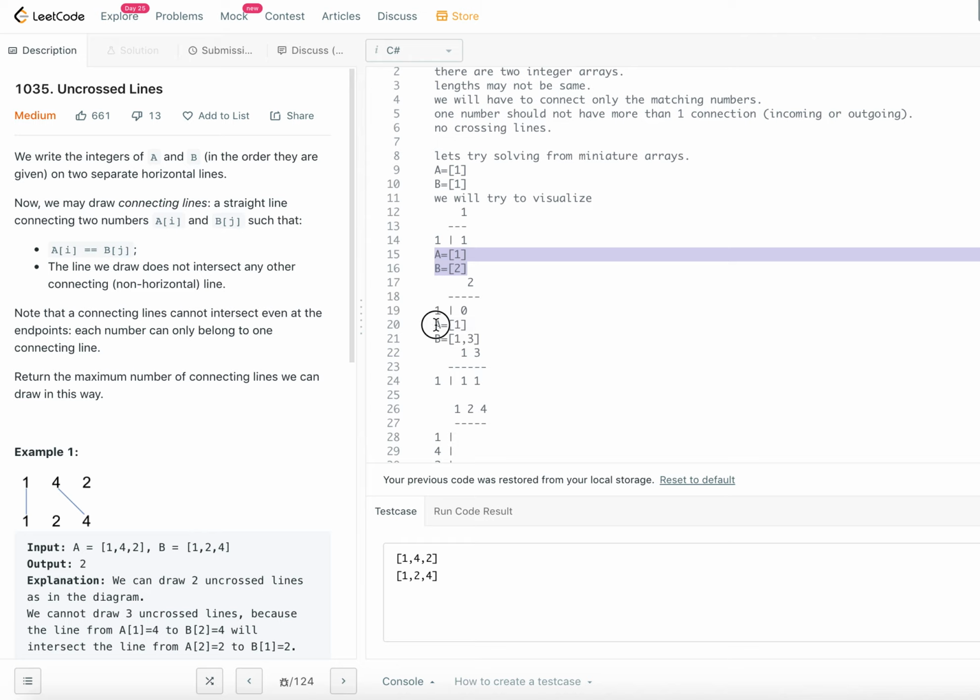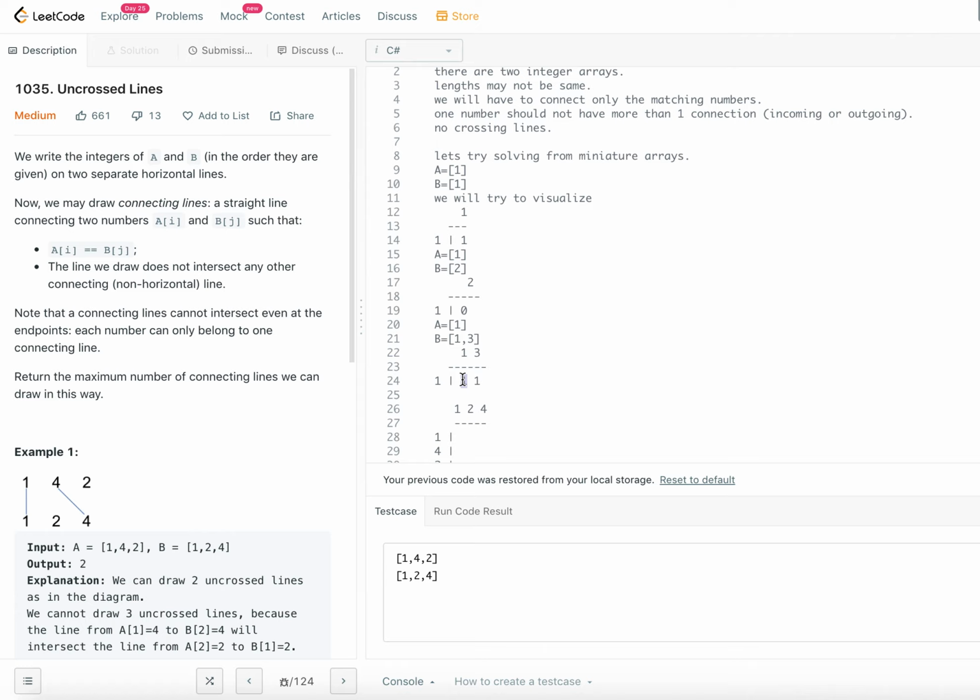A has a single element, but B has two elements this time. A, as we said, we write on the left-hand side and B on top: 1, 3. This is an important step towards our dynamic programming algorithm. 1 and 1 match, so that's why we put 1.